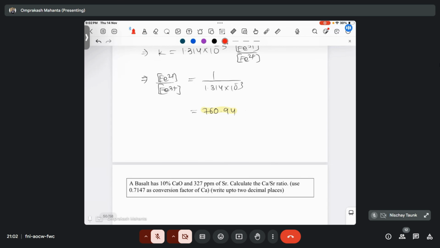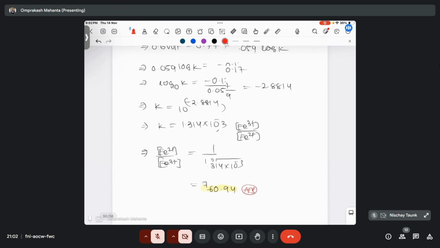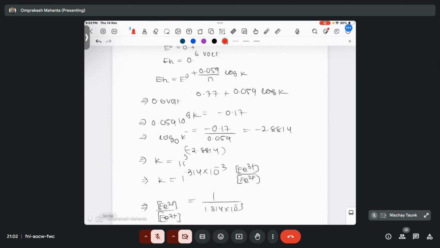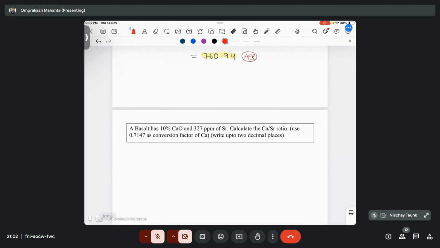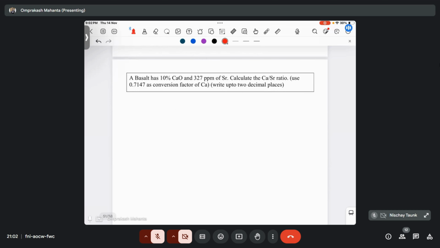So you don't need to remember this formula because I don't think this is in your syllabus, but they can ask anything. There is no syllabus for numericals, so they can ask from anywhere. If you want to go through it, then go, but I don't think they will ask such difficult questions. So let's move to the next one.